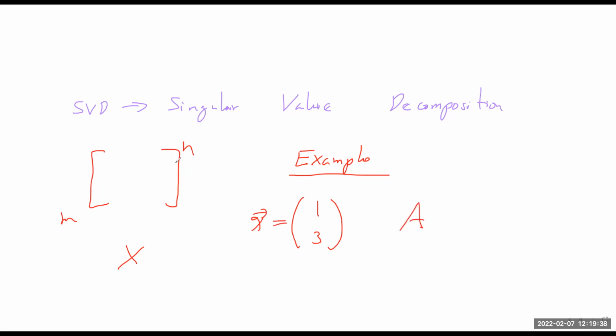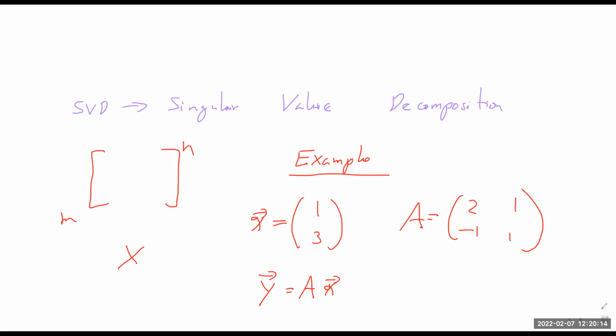Think of this as a matrix M by N. Here I have a matrix A, which let's say just has some numbers, 2, minus 1, 1, 1, and this is a vector and a matrix. What happens when you take A and multiply it times X? It's going to give you a new vector. That gives you an intuition that you can perform operations and get other matrices and vectors. You guys see that? So that's basically where we're going with this.